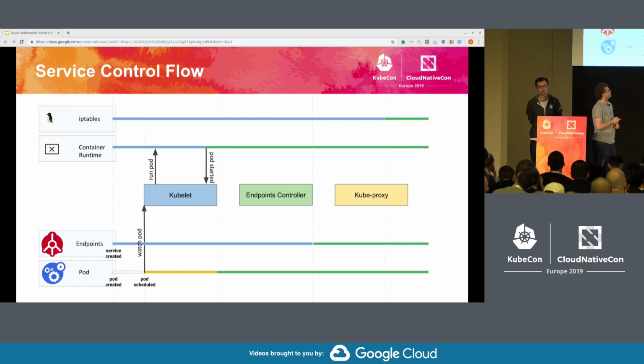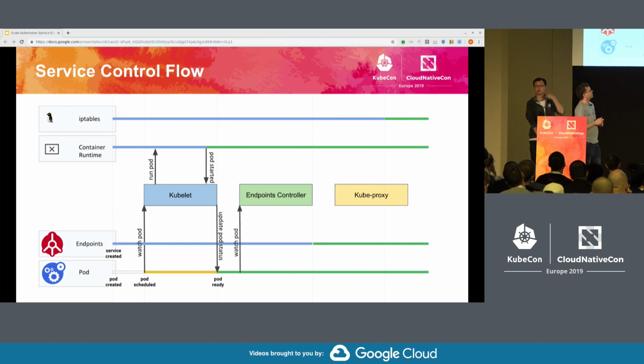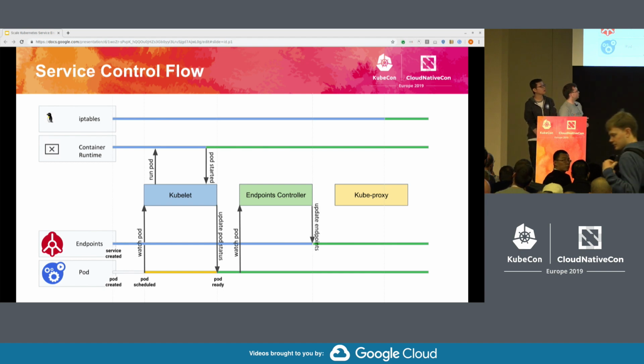Once it's started, kubelet reports it as ready and running via the Kubernetes API. The endpoint controller is watching all the endpoints and all the pods in the system, and based on the fact that this pod just became ready, it updates the endpoints object corresponding to our service.